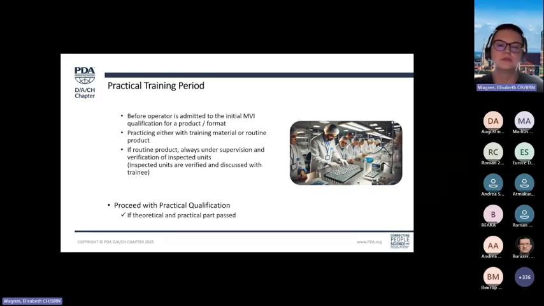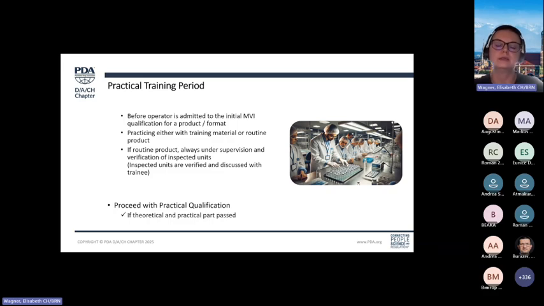And after this theoretical training, there's also a practical training period, because it's like with driving a car. You can't just look into the theory and then start driving a car immediately. This is not possible. So you have to train on real products or train with training material. And if the operators are trained with routine product, then this is always happening under supervision. So a supervisor is always nearby,